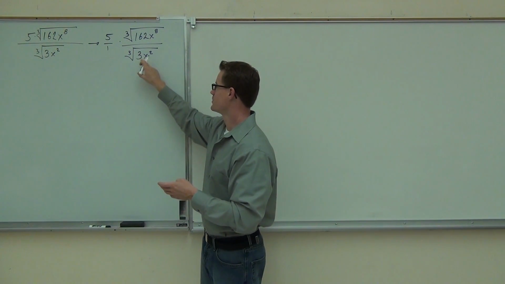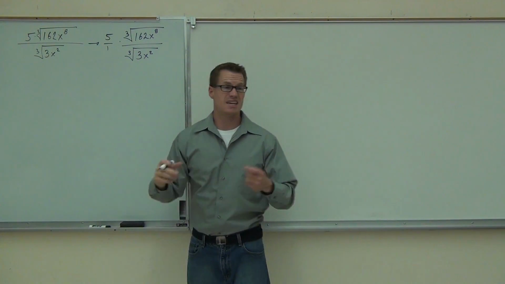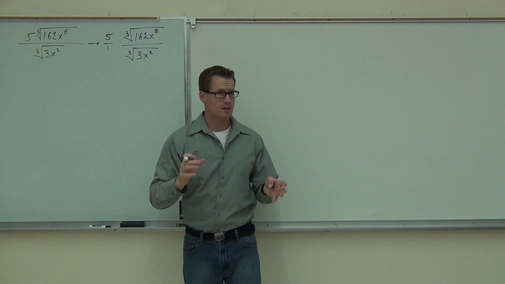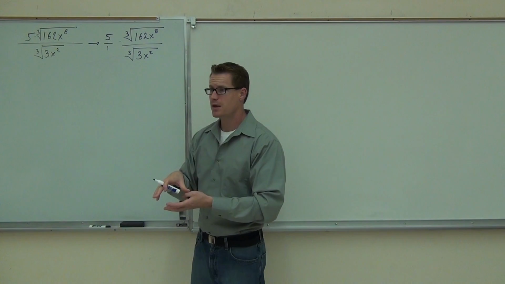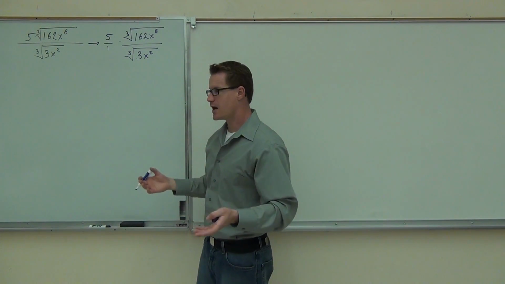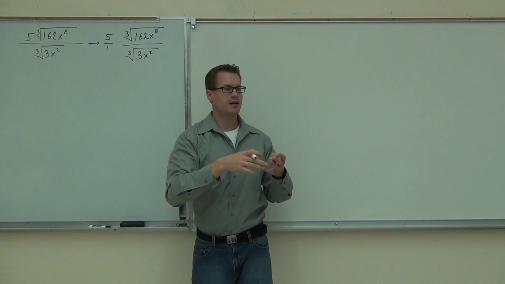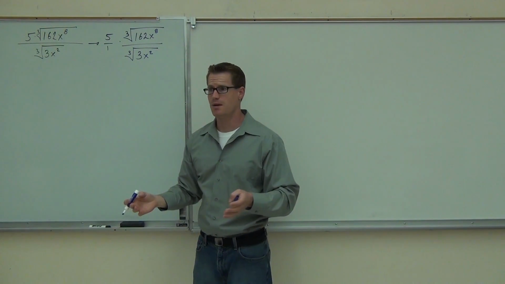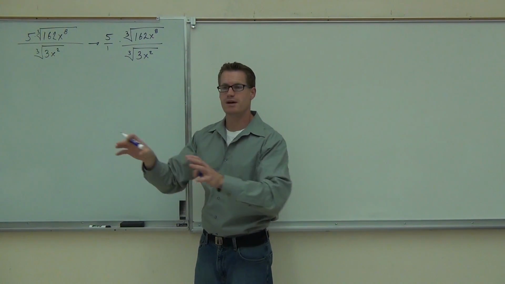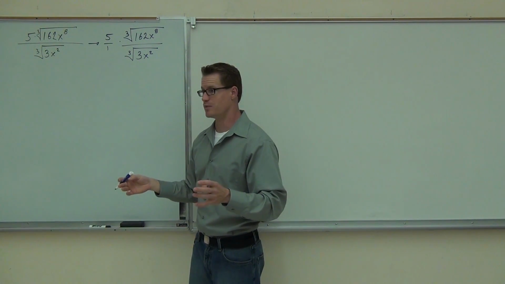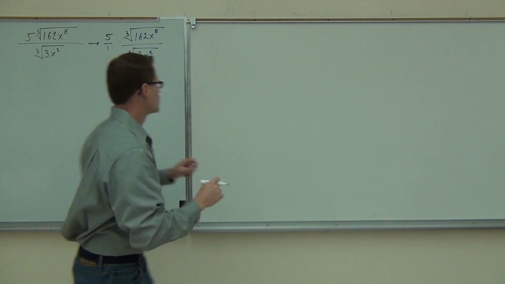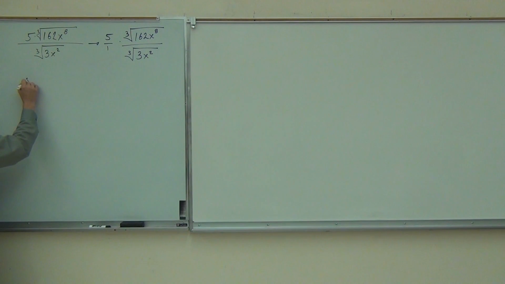Power is less than the root. That 3 is not a perfect cube. You can't even simplify that. So at some point you would have to combine them anyway. Do it first, that way you don't waste your time. Up here, you'd simplify this, then you'd combine them, then you'd have to simplify anyway. That would be a tremendous waste of time. And it's hard to do that when I throw negative exponents at you too, which I'm going to do in just a little bit. Okay, so very first thing we're going to do, we're going to leave this 5 alone, 5 times,